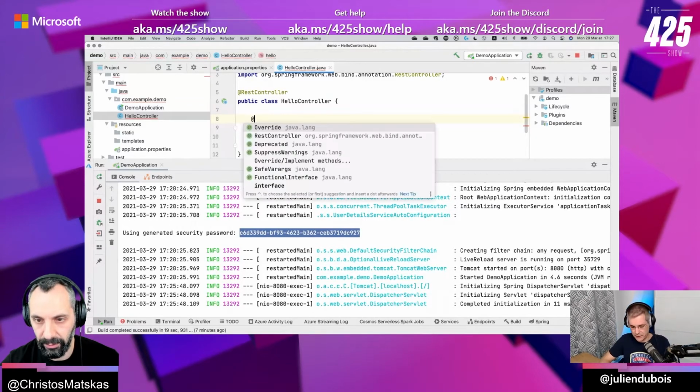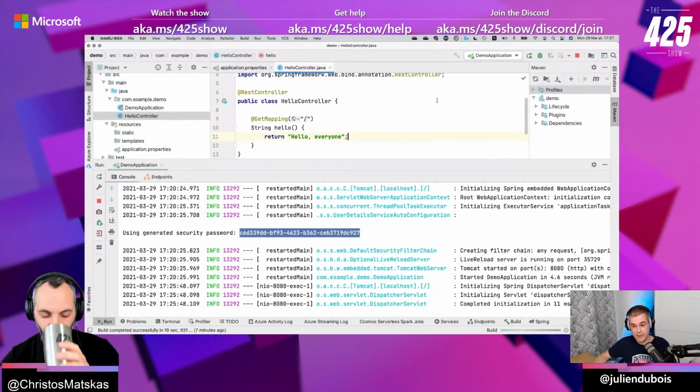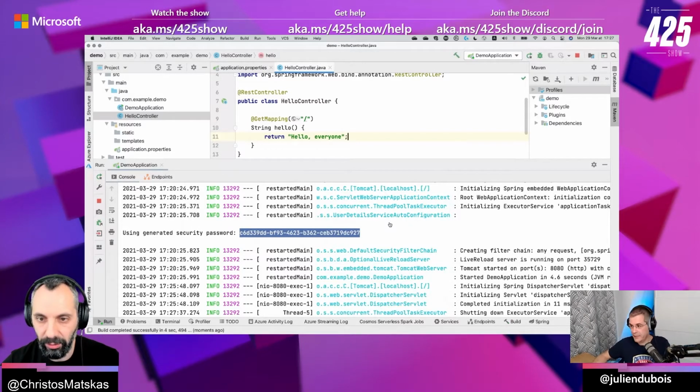Let's map it on an endpoint. I'll map it on the root endpoint, so when you go to the root of the project, it will answer you hello, and let's say return hello world, the normal standard. Very simple hello world. And if I compile, we've got auto reload of the code.